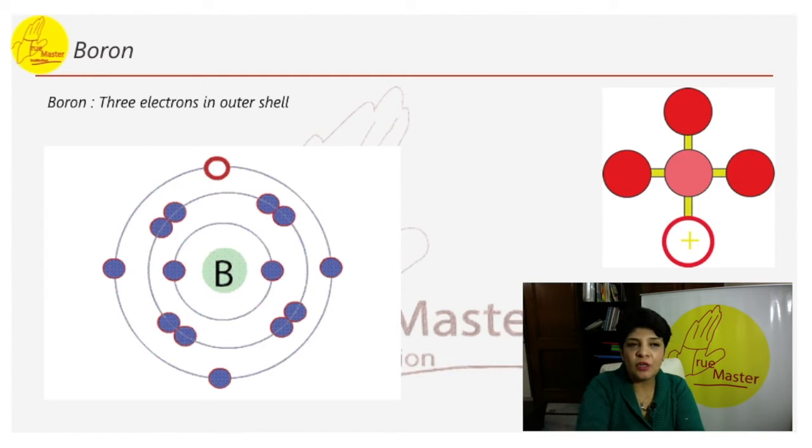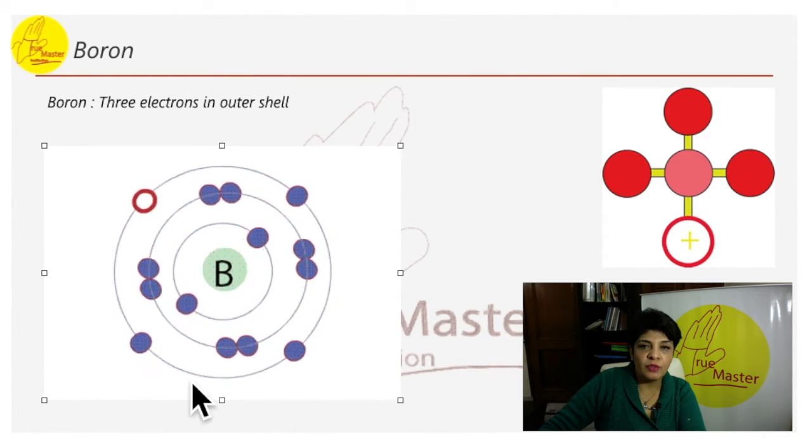We are studying the atomic structure of boron. In the case of boron, it only has 3 electrons in the outer shell. As compared to silicon, 1 electron is less. A hole is present in the outer shell. Instead of having 4, it has got only 3. So only 3 are occupied, 1 is empty. You can see a ring-like structure, which represents a hole. This is the atomic structure of boron.